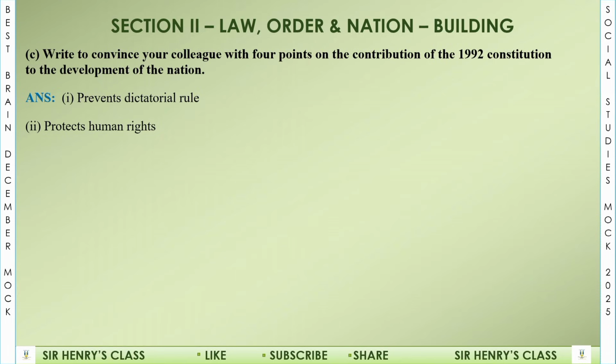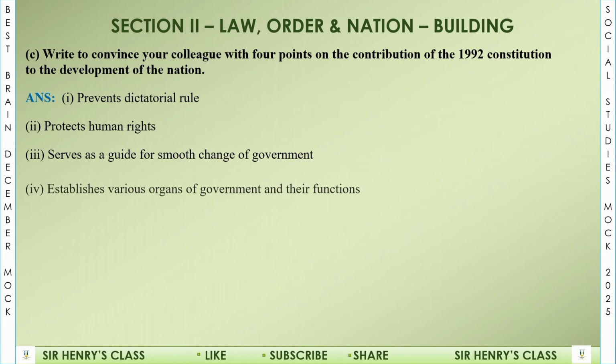2. Protect human rights. So the Constitution has listed some agencies that ensure that rights are being protected, like CHRAJ and other institutions. You name them in your explanation. 3. They serve as a guide for smooth change of government. So the Constitution has outlined the procedure that the country should go through to elect new leaders. Every 4 years, election to elect public officials. Put that in your explanation to attract the required marks.